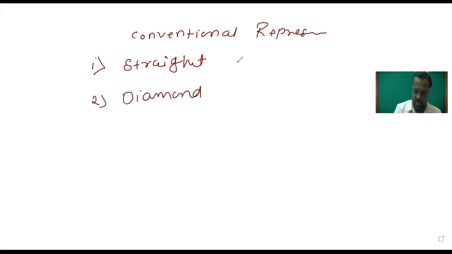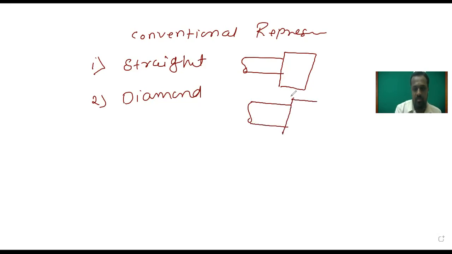Okay, then see here, this is one component. Simple. And on that component we have to, see here, straight knurling. What is the convention for the straight knurling? We just have to draw straight lines. And when it is diamond knurling, then we draw crosswise lines like this.